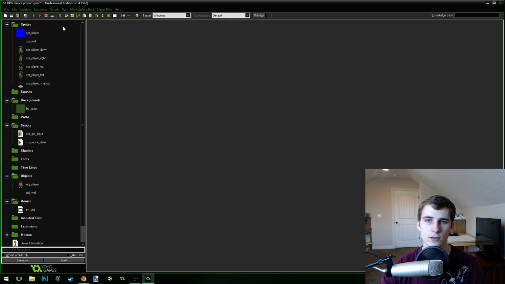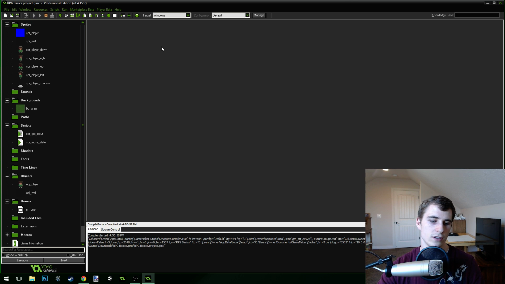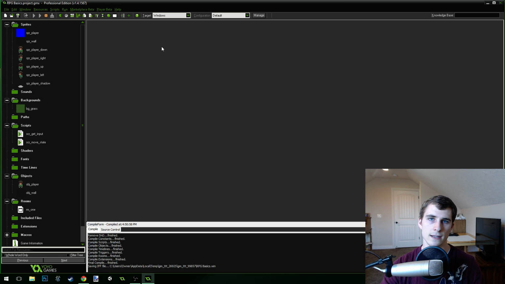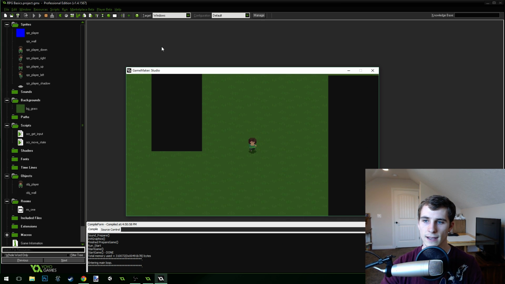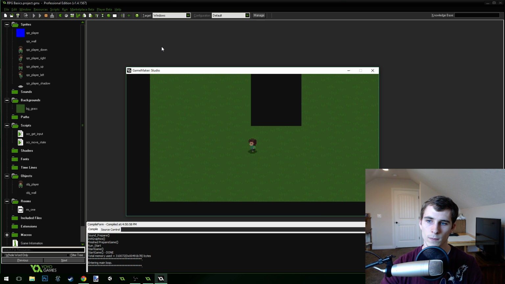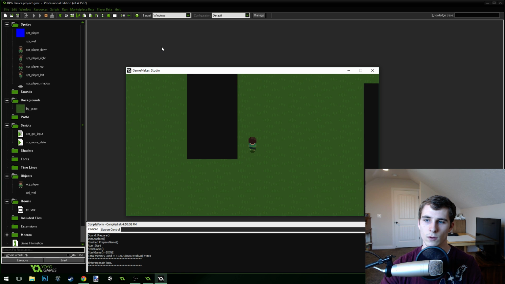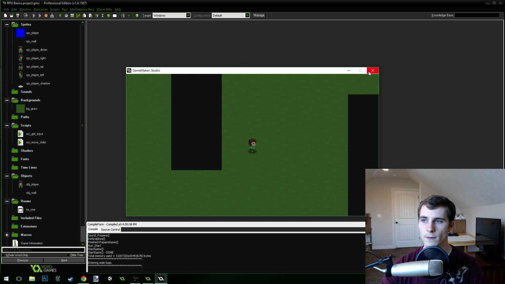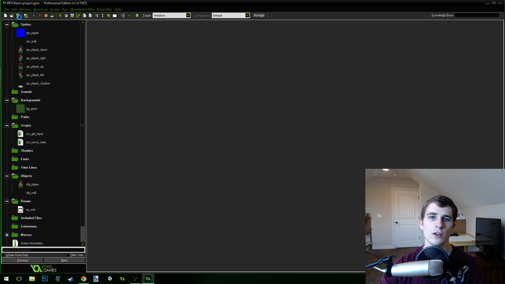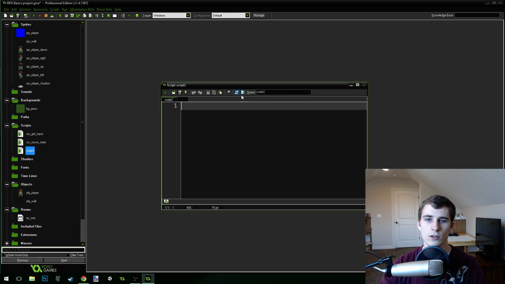If you run your game first, you'll notice that it just runs exactly like it did before. We can move around in the room. Nothing too special, right? It just works, like it did before, which is great. But now I'm going to show you the power of using a finite state machine like this, or a state system like this. We're going to create a new script and we're going to call this script